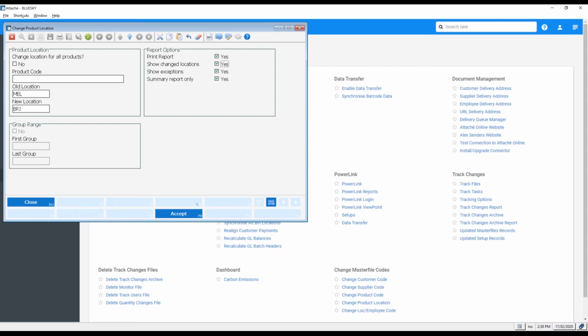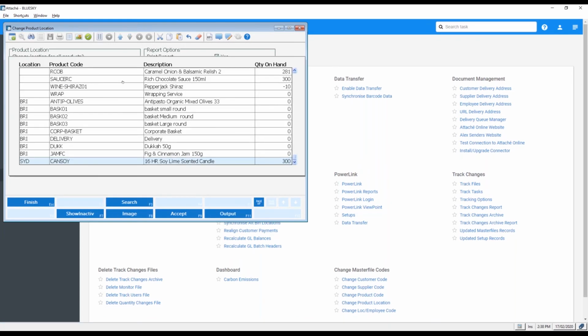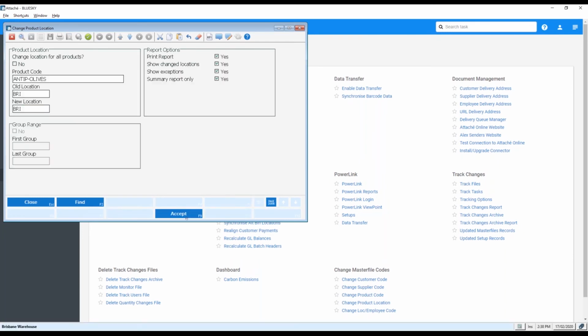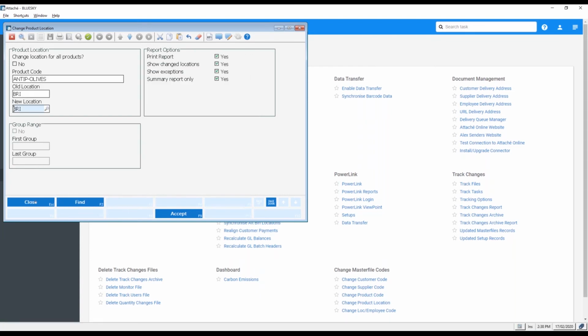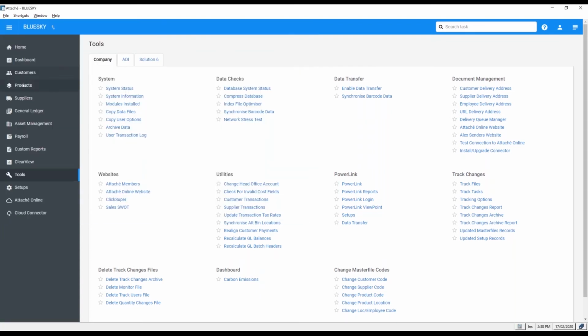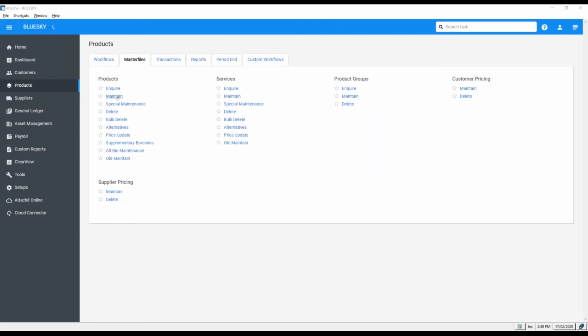Show change locations. Okay, so if I accept that, it should come up with, okay, old location. Okay, so if I look at that now, in my product master file, I should have